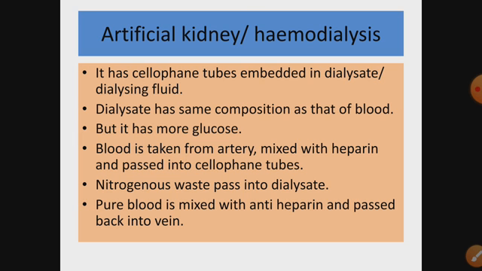Kidneys are very important organs for survival because they filter out the toxic waste from the body. But sometimes the kidneys do not work properly. Reasons may be infection, injury, diabetes, or high or low BP, old age. Many reasons can be there. If kidneys do not work properly, it leads to accumulation of waste, that is nitrogenous waste, in the body, which can be very dangerous and fatal. It can lead to death.